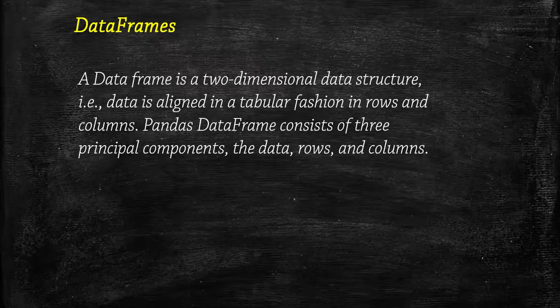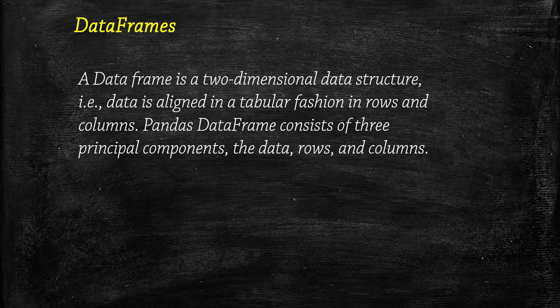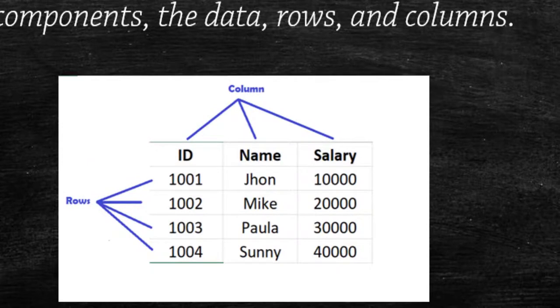So a data frame is a two-dimensional array with labeled axes, that is row and column. A data frame is a standard way to store data. It is tabular data with rows to store the information and columns to name the information. In this image, we have rows and columns. This is basically tabular data, and if you want to represent this data in Pandas, then we have to